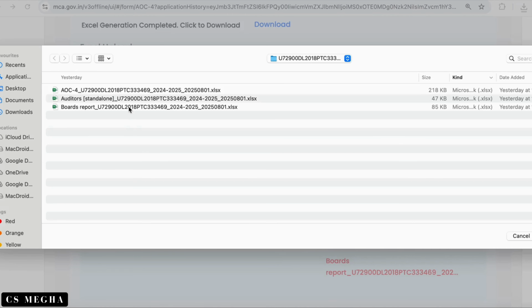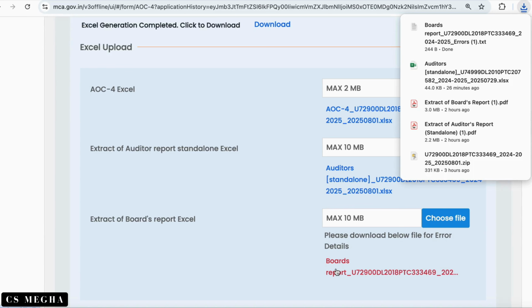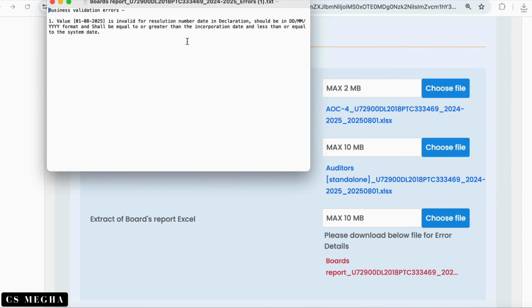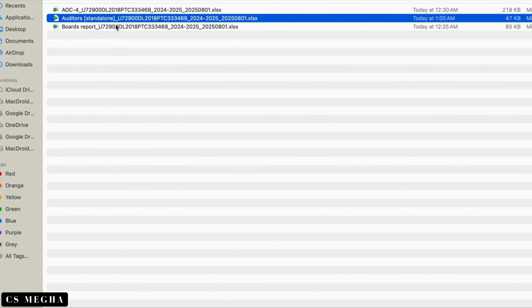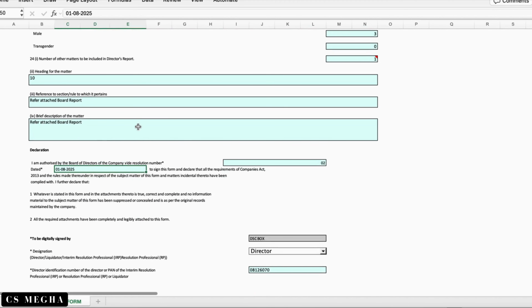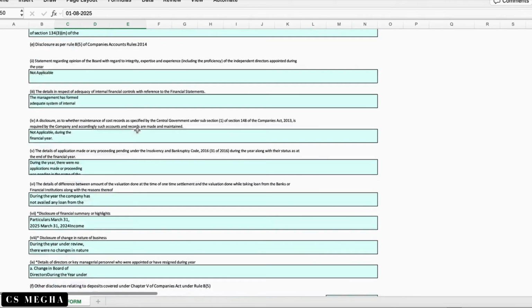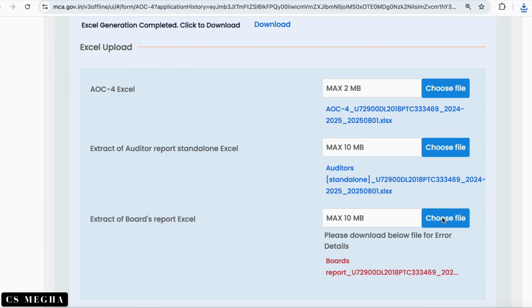Since there are many errors, I'll do the required changes. Now it's done. Only one error is still there. Okay, yes, the format of date is not right. So I'll do the required changes here, save it, and then again I'll choose the file.